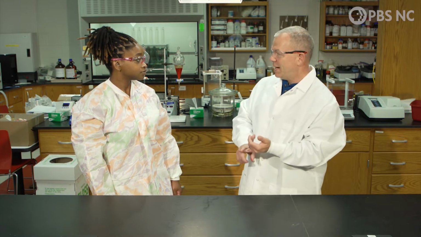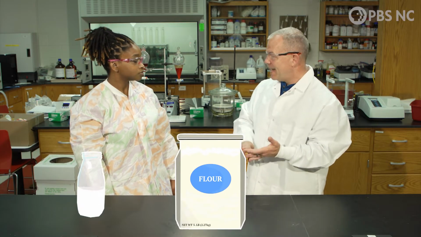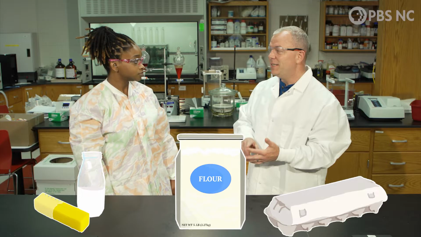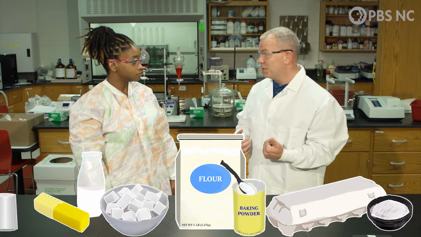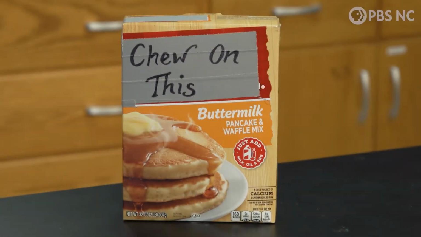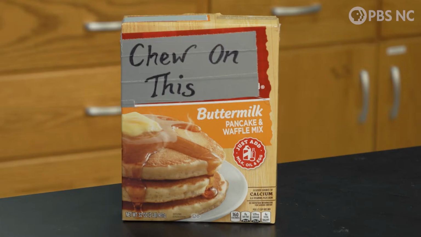Let's talk about a basic list of ingredients for buttermilk pancakes. What you need is flour, you need buttermilk, you need eggs, you need butter, you need a little bit of sugar, you need some baking soda, baking powder, and some salt. Now, you can find all those ingredients in one of these box mixes. Usually you have to add a few things, but for me, I really like to make them from scratch. But I bet flour is the most important, right? Absolutely. Well, flour really is the matrix that all the other ingredients play in.